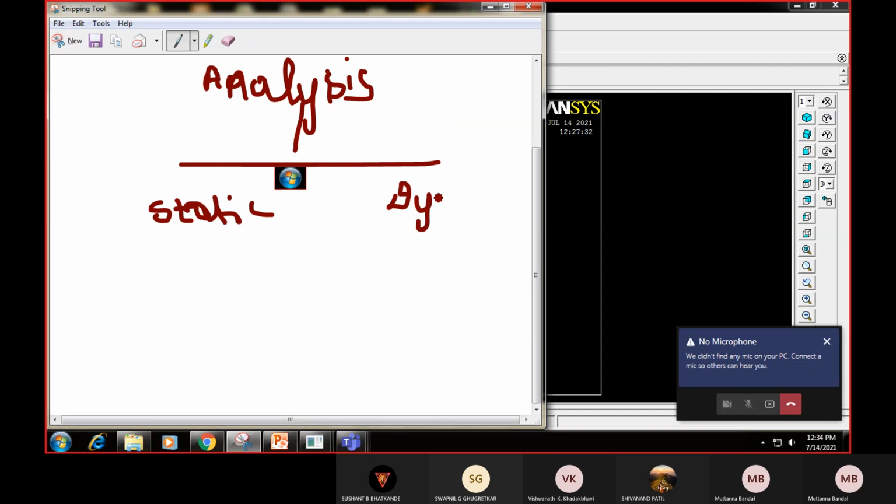Again, in dynamic, there are so many other things like steady state, transient, frequency response, modal analysis and all. So let us not jump into that. Think only of the first two things, and we will try to write an equation for this. How does the static equation look like? If you did the first module, we have studied something called F is equal to K into X. So here there is no time factor.